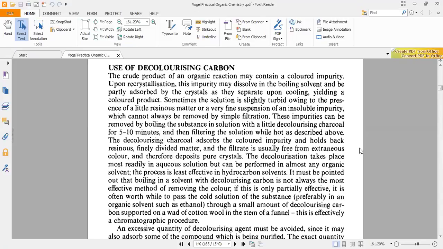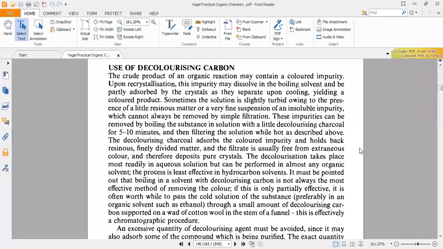Activated charcoal is insoluble in all organic solvents, right? But what happened? Colored compounds have a high ability to adsorb on activated charcoal. So what is a colored thing? Any colored thing you have, you shall see in UV visible spectroscopy as well. If anything is colored, it means it has a highly conjugated system.